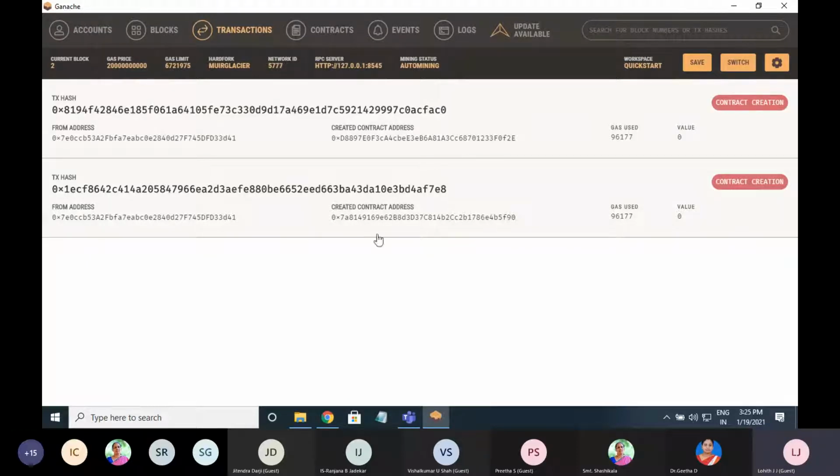Every time you deploy this contract, it will create an address for you. Now assume that I have generated the smart contract for a rental agreement. Any owner or any tenant can deploy this and they will have their own contract address. Are you able to understand this? Is this clear?